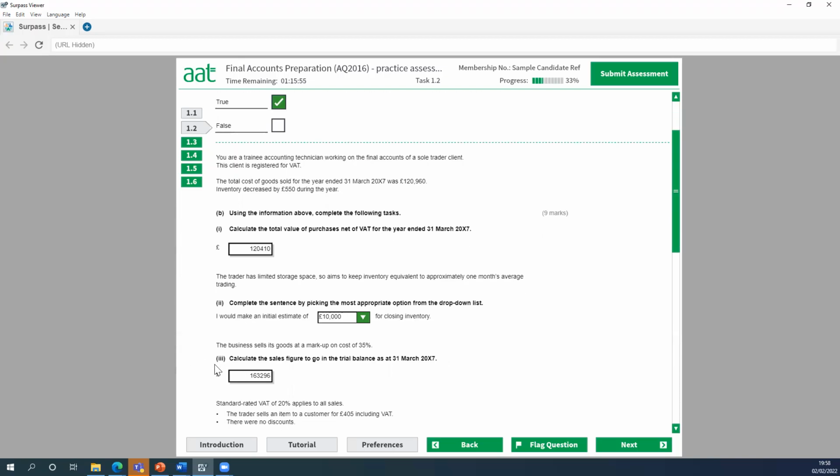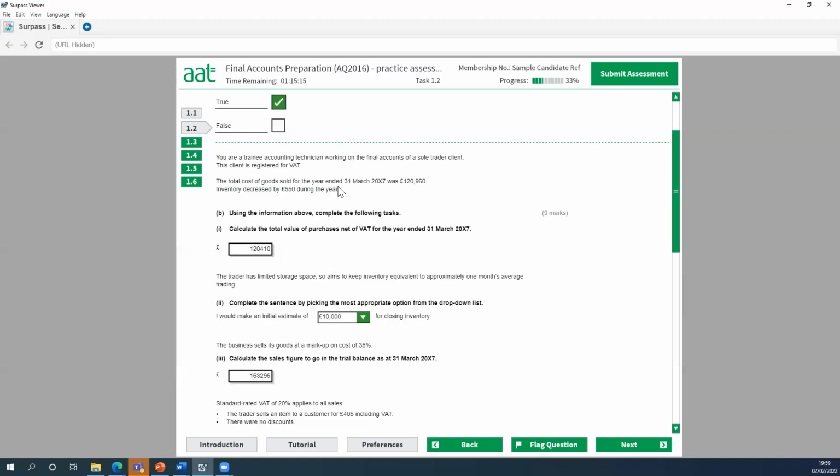For the next one, again, quite tricky, because it said the business sells its goods at markup on cost of 35%. So markup on cost is where your cost is 100%, and then your markup is on top of that, isn't it? So this one is really just thinking about your cost of sales, which is 120,000, so that's your 100%, and then you add 135% to it, so 1.35. So what I did for that one, markup on cost,